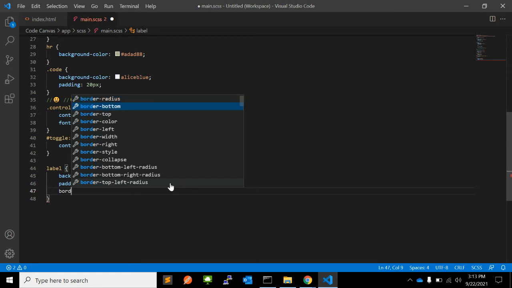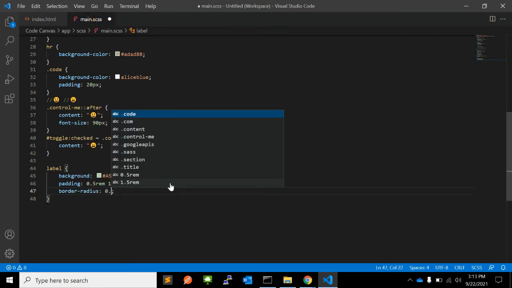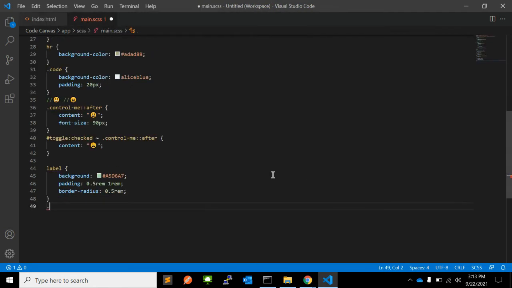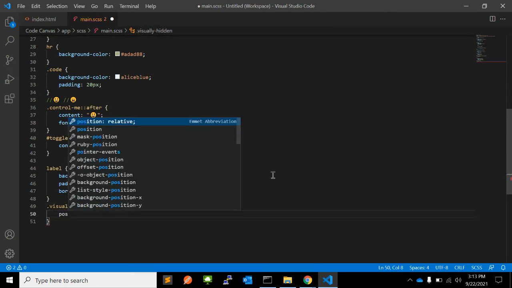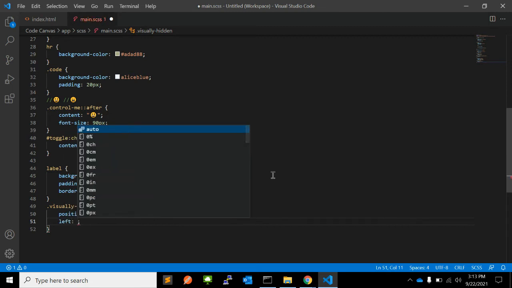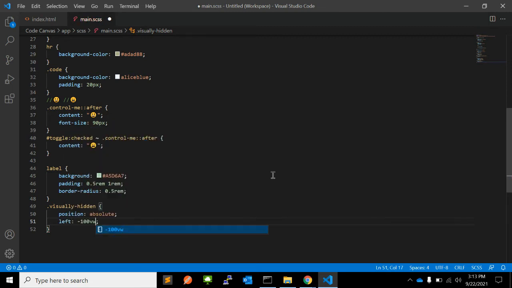Border radius 0.5 rem. And there is one other class called visually hidden. In this class, you can give position to absolute and left to -100 view width.